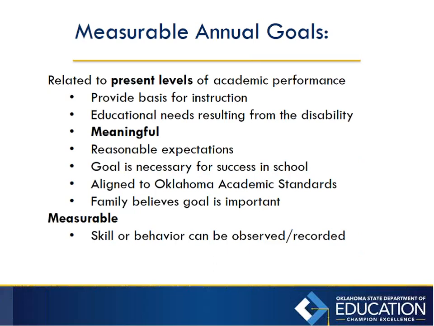Of course we want him to read on the 8th grade level. But Johnny's skill is he's on the 1st grade level. So you really want to make sure you talk to the parents and explain that the goals, accommodations, and instruction will all help close the gap for Johnny. And your measurable annual goals should provide the basis for instruction.